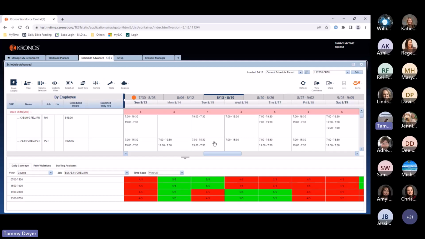Now you can create some shifts on the fly, and like somebody asked about the flex shifts. So if I'm working on my schedule and I want to post some flex shifts, and flex shifts are being used a lot by, I think, surgical services at BJ and at Missouri Baptist. They have found them to be very, very beneficial, where you may be short and you've not been able to